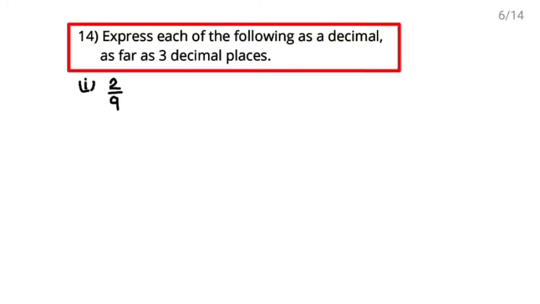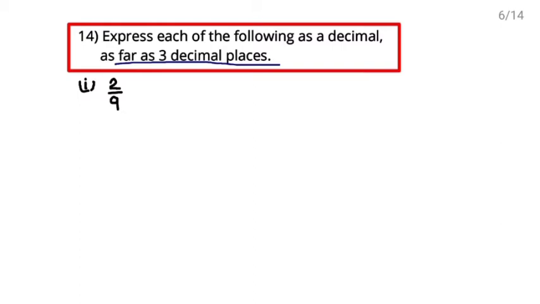Next, question number 14. Express each of the following as a decimal as far as 3 decimal places. This is quite similar to the previous one, but the difference is now they said as far as 3 decimal places. हमें कहाँ तक वैल्यू निकालनी है? 3 decimal places तक निकालनी है. अब इसके लिए हम क्या करेंगे? 3 decimal places तक अगर वैल्यू निकालनी है, we will find for the 4 decimal places. 4 decimal places पर निकाल कर फिर हम उसको 3 places पर राउंड ऑफ करेंगे to find the nearest value,